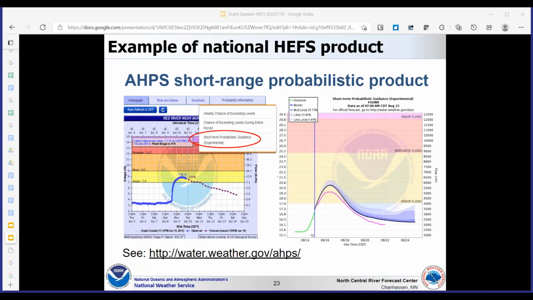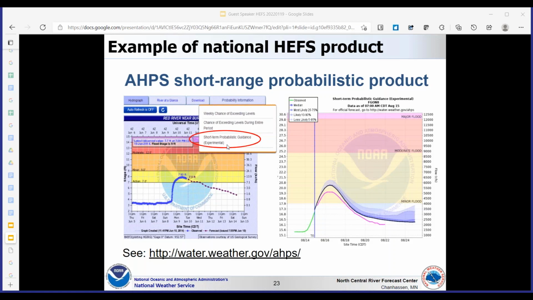I'm going to just say here basically how to access the HEFS products on the HEFS pages. When you get to the HEFS page for a particular site, you basically just click the probability information tab above the hydrograph and then go to the short-term probabilistic guidance.